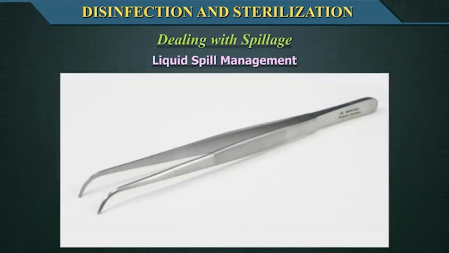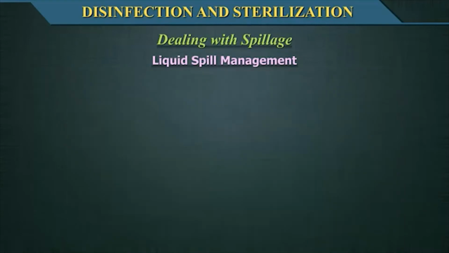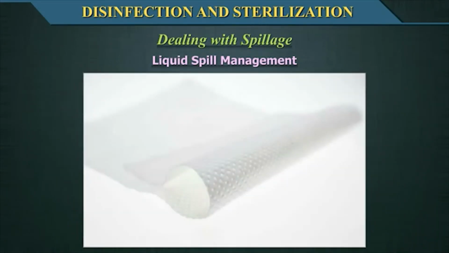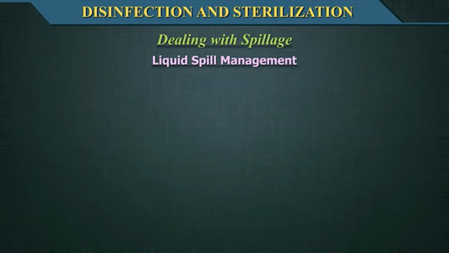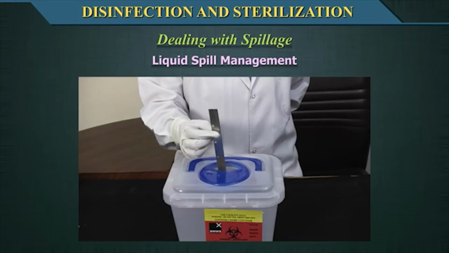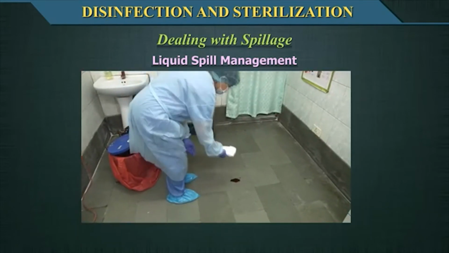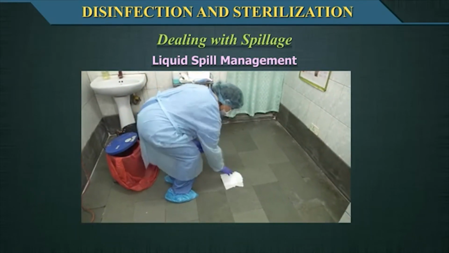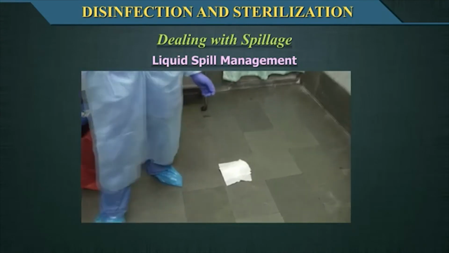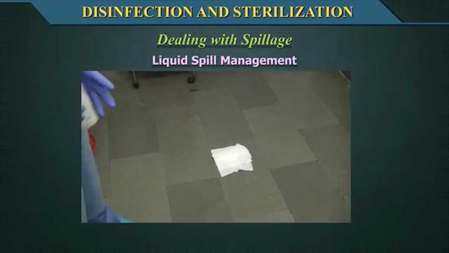Using a pair of forceps and gloves, carefully retrieve broken glass and sharps if any, and use a large amount of folded absorbent paper to collect small glass splinters. Place the broken items into the puncture-proof sharps container. Cover spills of infected or potentially infected material on the floor with paper towel or blotting paper or newspaper.